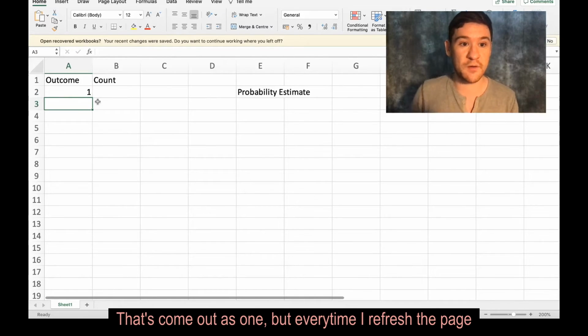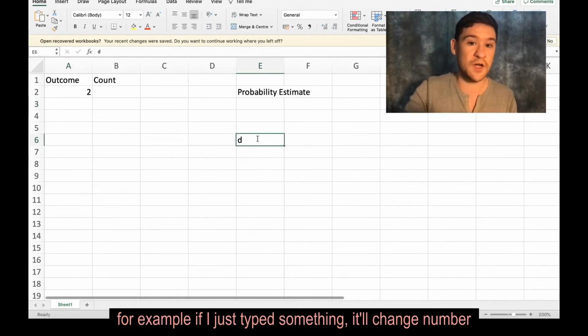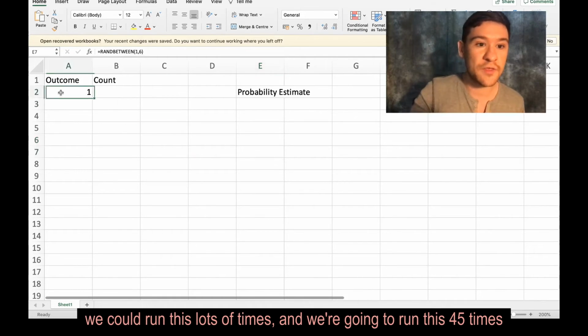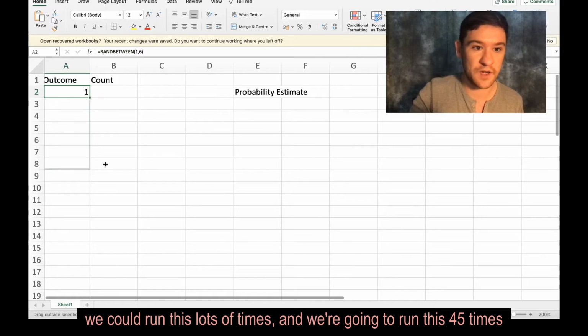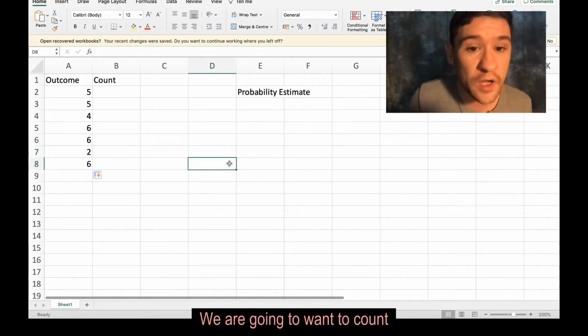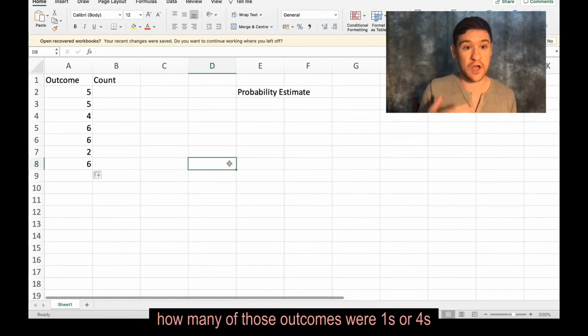Yep, that's come out as 1, but every time I refresh the page, for example, if I just type something, it'll change number, type something again, and so on. So we could run this lots of times, and we're going to run this 45 times, but I can just show you we get lots of different numbers out. We are going to want to count how many of those outcomes were 1s or 4s.